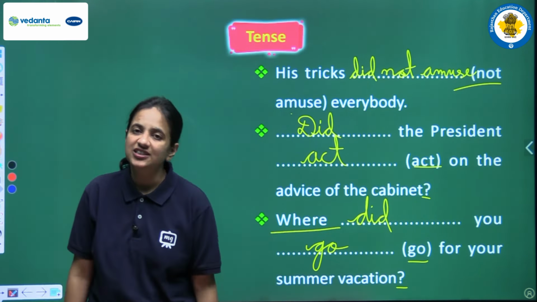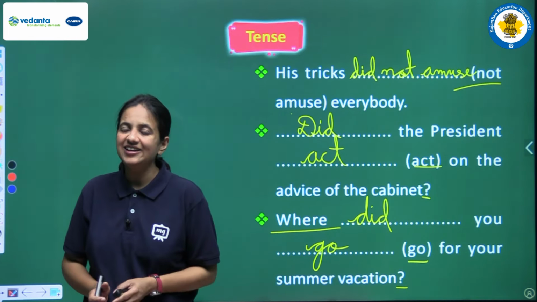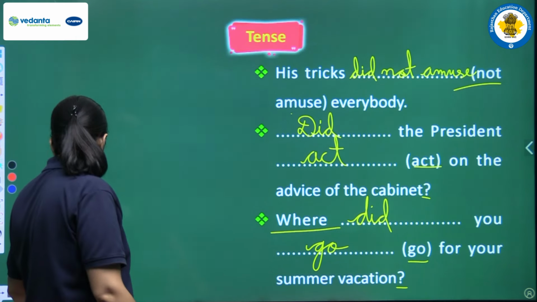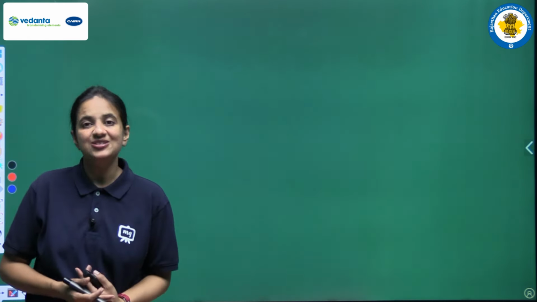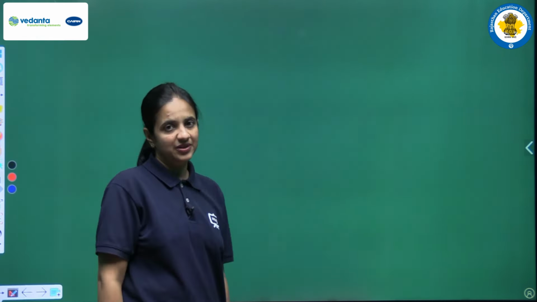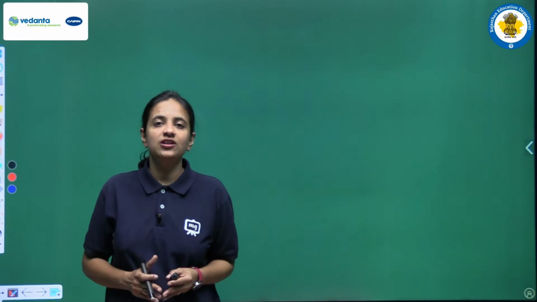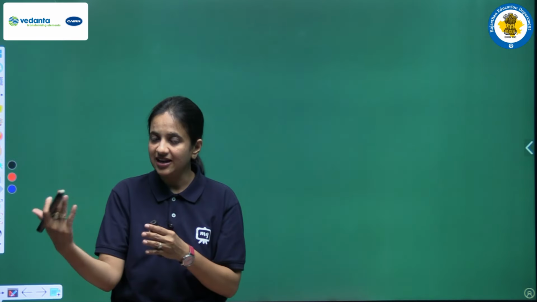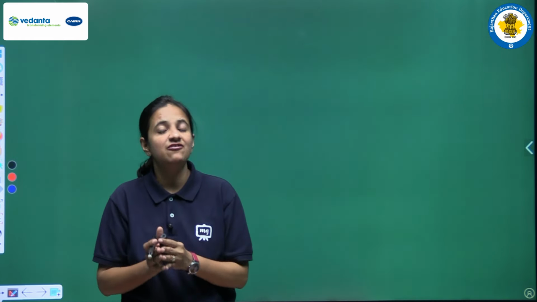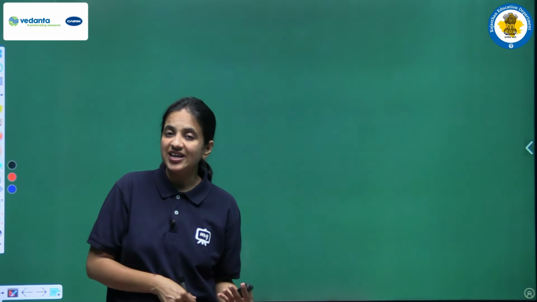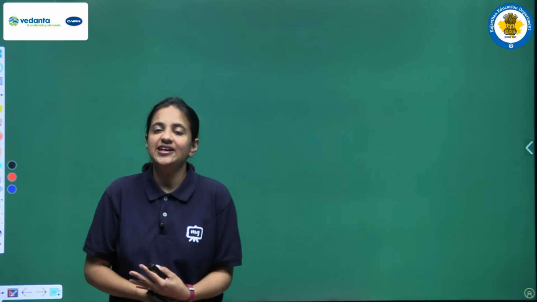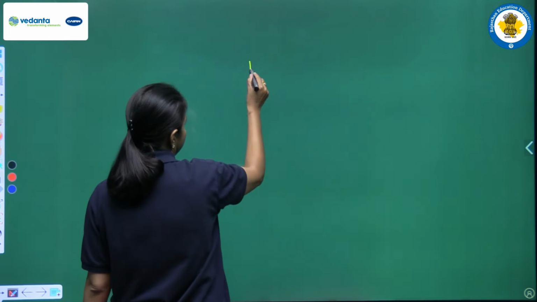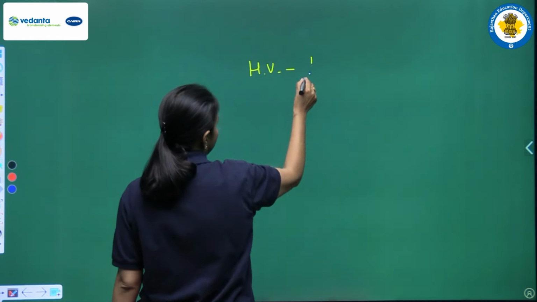Right? So all these are the rules that are related with past simple tense. And yes, one more time let's revise all the rules. Let's summarize this tense one more time. So it's a very simple tense, past simple tense. First of all, the thing that should be clear in your mind is that this tense is related with the past time. This tense is generally used to show the events, to show some things that actually happened in the past time.